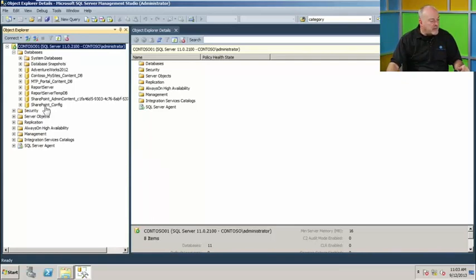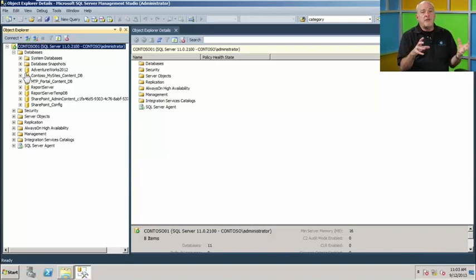Now we also have user databases. The rest of these, besides the system databases, with the exception of database snapshots, are all user databases, or databases that we've created. We're going to be focusing on utilizing, for the most part in these sessions for this class, the AdventureWorks 2012 database. If you've worked with a database before, or seen previous versions of this by any chance, you've probably heard the term AdventureWorks. So there's a flavor of it that you can use.